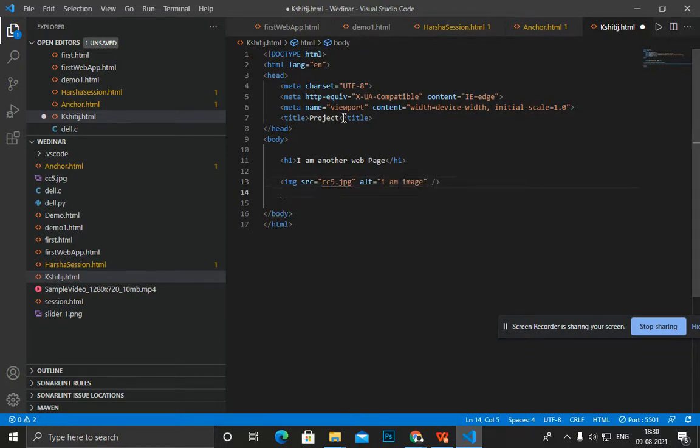Let's explore this. You see that I add the image inside my anchor tag, so that this will go to chor.html. I just close this, and when I click on the image, it will go to my first page.